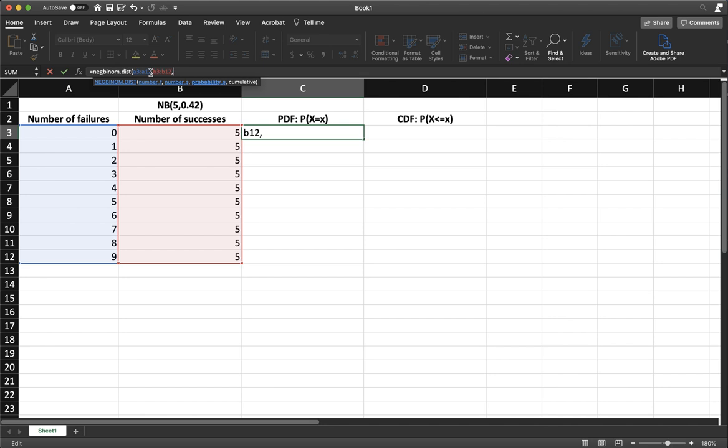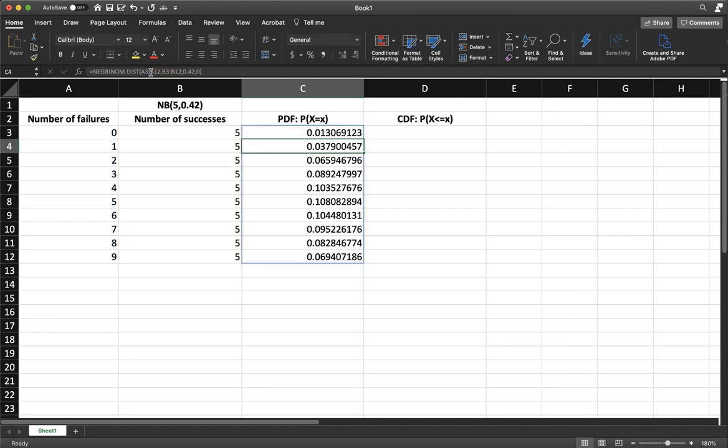There we go. What's our probability of success? Well, that's our 0.42. And for this one, for the PDF, we want the cumulative to be false, right? Because I want the exact probabilities. So I put a 0 there for false, close the parentheses, everything looks good, hit enter, and there are our